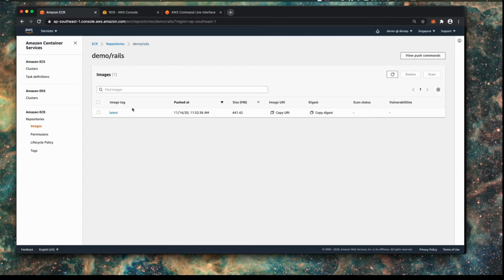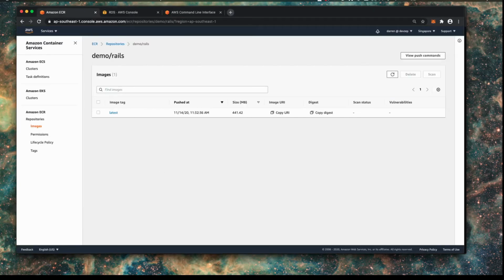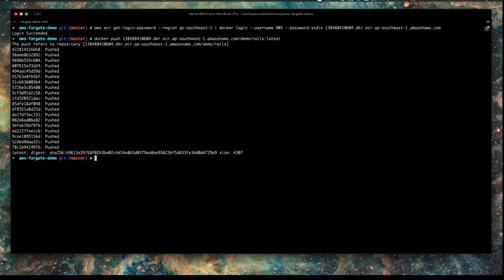Now, what's next? Well, we got the image up to our repository, and let's head back over to the diagram, and we can see here that we've got our image, but now we need to start defining the tasks and the services that we need to run in our application. And I'm going to do this with a mixture of scripts and following through on the Amazon console. So the first thing I'm going to do is head over to our terminal window, and I'm going to create a